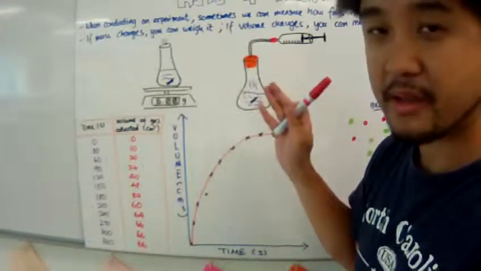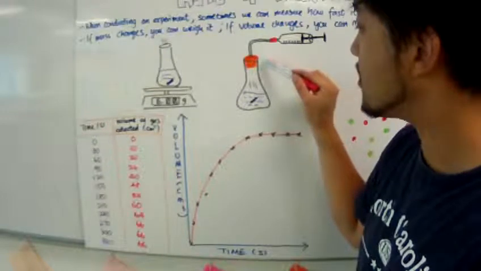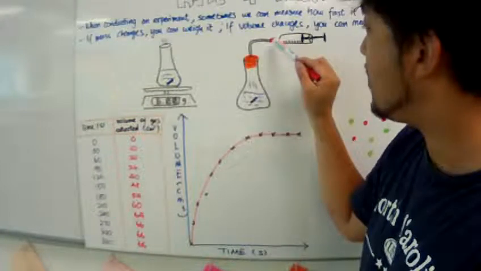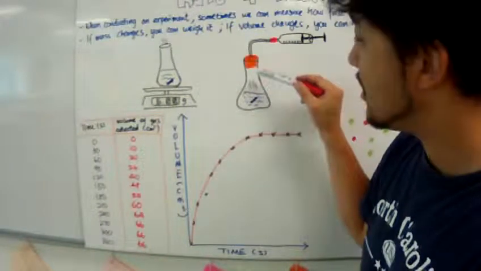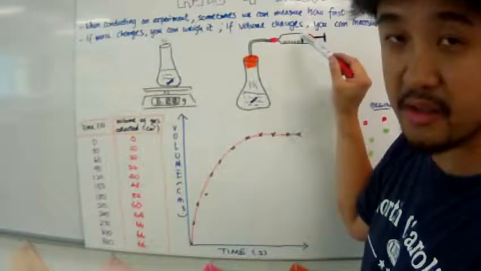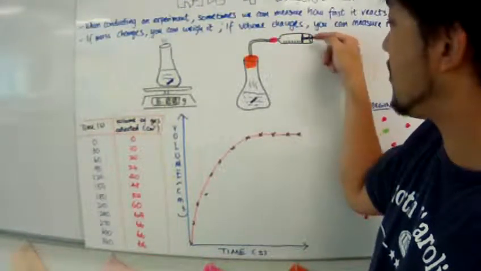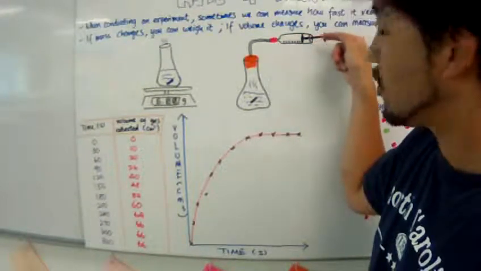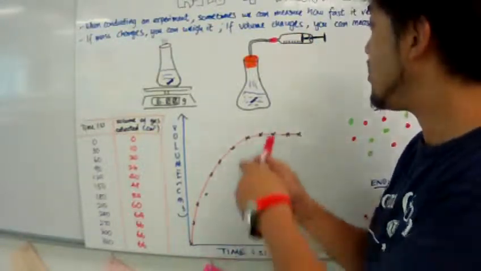For example, if gases are being released from the reaction, you can put a cork stopper and also a glass tube into the cork stopper, and you can collect the gas with a syringe, because what will happen is the gas will come out and push its way through into the syringe. Alright? The tip of the syringe, the plunger I guess is what you can call it, will move outwards as volumes of gas get collected in here. And then you can record it in